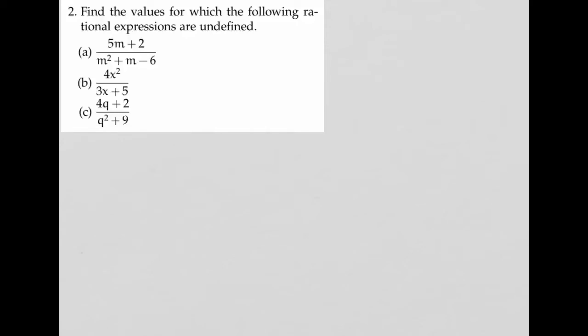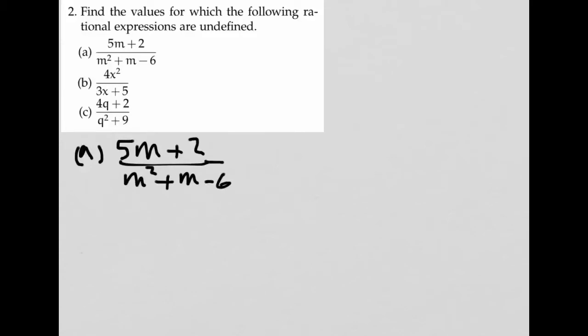Next type of example, find the values for which the following rational expressions are undefined. Now you're dealing with rational expressions. They are undefined precisely when the denominator is equal to 0. Starting with example A,